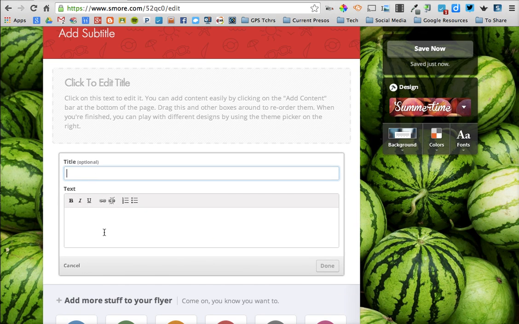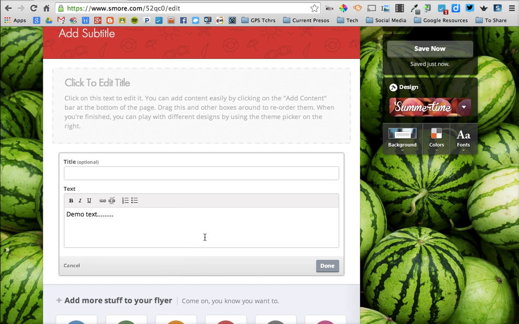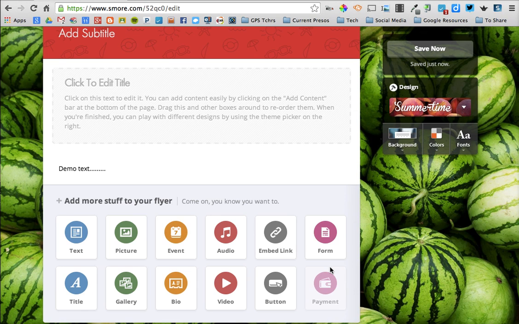You can put a title in here if you want. I'm just going to call it demo text, blah, blah, blah. Okay, you can create a hyperlink in here if you want. So maybe you wanted this text to go to a specific website. If you have that website copied, you just click the text that you want to link to. You click the linking button and you paste the address in here and click link, and that turns your text into a hyperlink. So I'm going to go ahead and click done